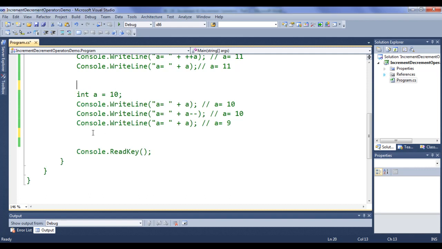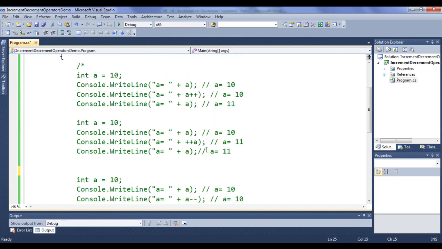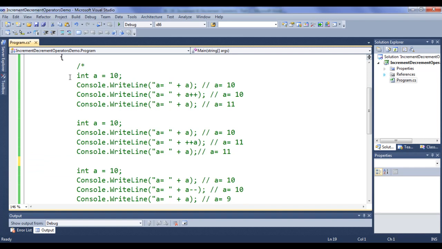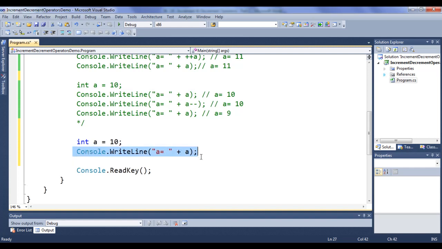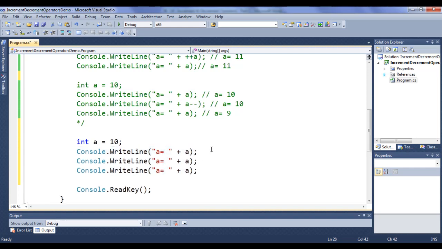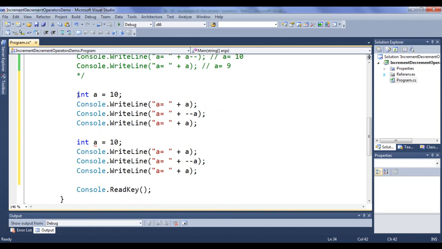I say Control X and I paste in this place. Now this part of the code is comment, guys, right? Next I say here int A equal to 10 semicolon. I copy this code and paste here. I copy this code, paste 2 times. This time I say minus minus A. What output we get, we need to understand. I copy this code from here and paste down. I explain how this code is executed behind the scene and what output we get using this code, guys, and later we delete. I say Control X and Control V.